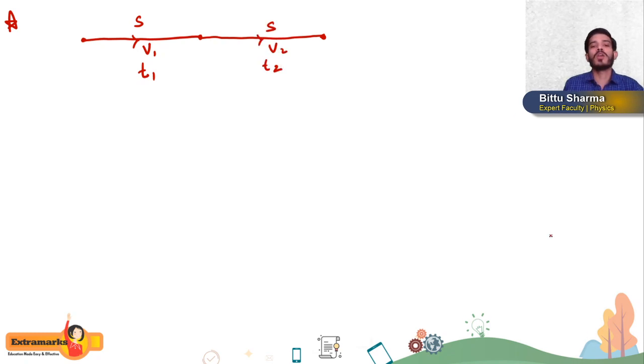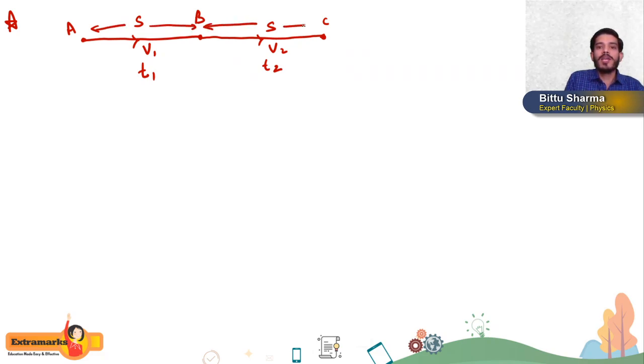Suppose a person covers some distance s with speed v1 in time t1. Getting or not? A person covers some distance s with speed v1 in time t1, and again further the same distance s with speed v2 in time t2. Okay, so this is point A, point B, point C. Here you can see the distance is the same. If I ask you what the average speed is,